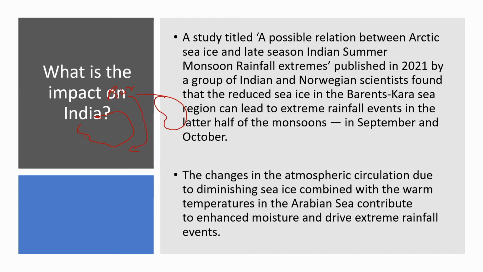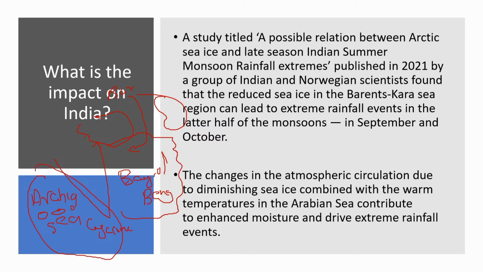The study says that this increase in the temperature of this region has increased the temperature in the Arabian Sea region. This increase in temperature in the Arabian Sea region has again led to extreme events like cyclones. Traditionally, it is the Bay of Bengal region that is notorious for cyclones. This is mainly because that region is more warmed compared to the Arabian Sea region. But this phenomenon of Arctic amplification is leading to an increase in the temperature rise in the Arabian Sea region.